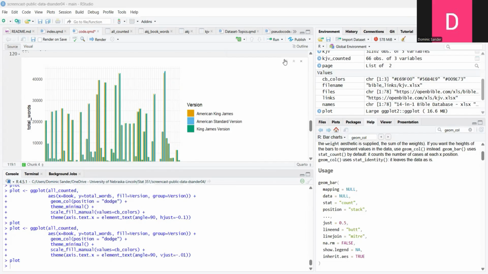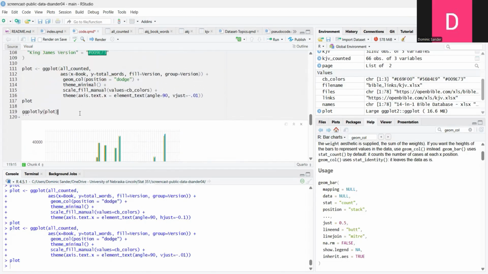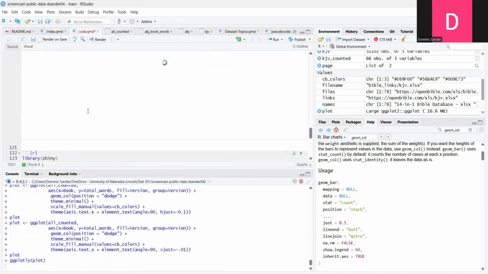Obviously, it's not going to be the best that you've ever seen, but it is alphabetical order on the bottom. So you see First Chronicles, First Corinthians. So if you're looking for a specific book of the Bible, we can certainly find it. But then if we're looking for the highest, we can arrange that. And I'll do that later. What I will do right now, though, since, shocker, I am running out of time, or threatening to go over time,